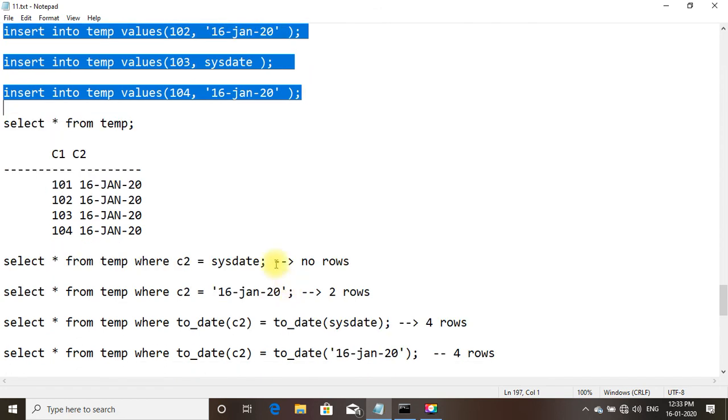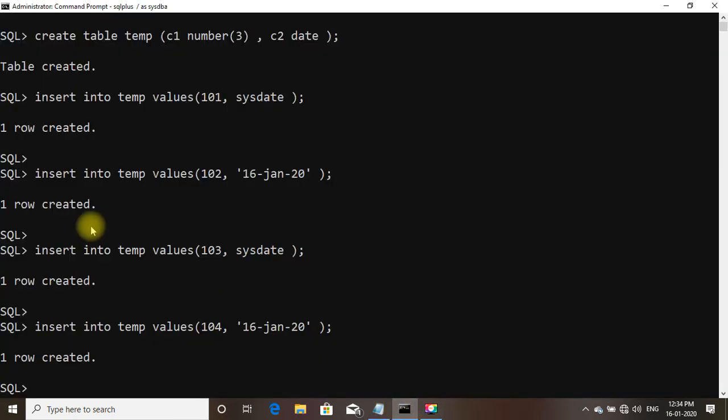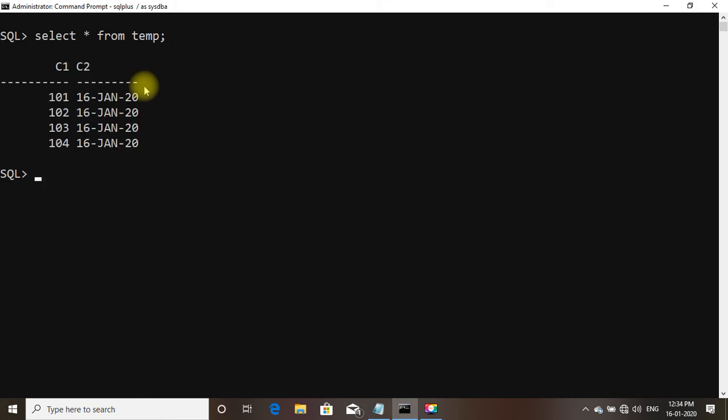Now select star from temp. Clear the screen. Copy and paste. Select star from temp. You can see C1 and C2.